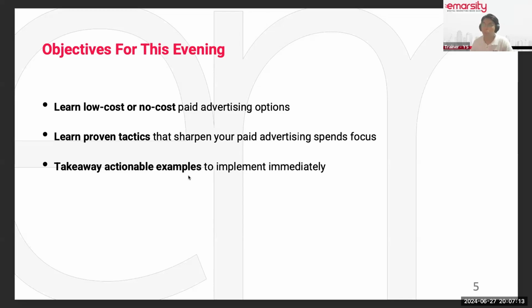Okay, so for business owners in the room, your goal here is not to learn exactly how do I click that, how do I do that? Your goal is to really understand the concept, take away the concept, then work with your marketers or with your agency on hire to implement those concepts.